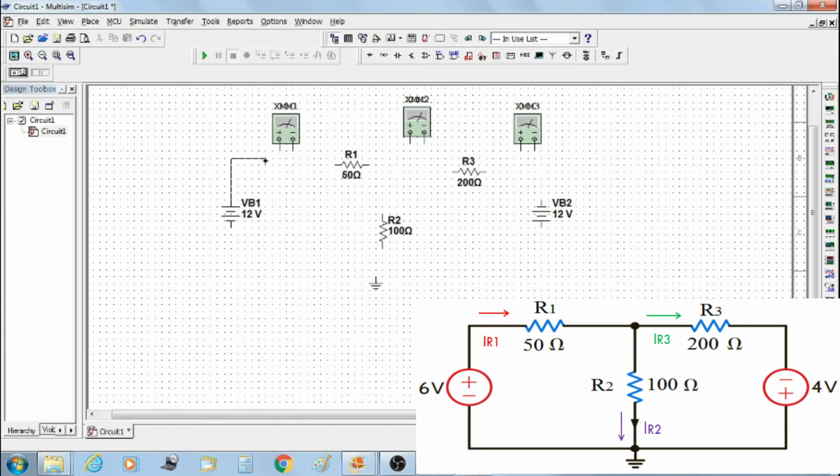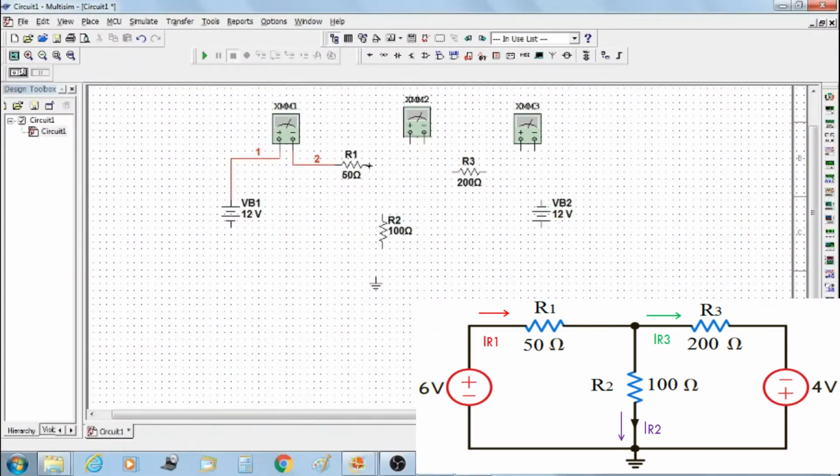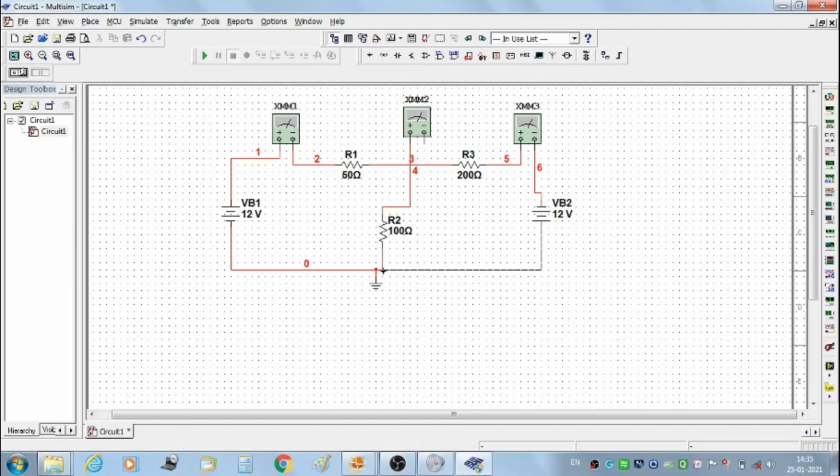Connect VB1 to multimeter 1, resistor R1 to R3, connect multimeter 2 to resistor R2, multimeter 3 to resistor R3 and VB2 source, and all the components VB1 source, resistor R2 and VB2 source must be grounded.